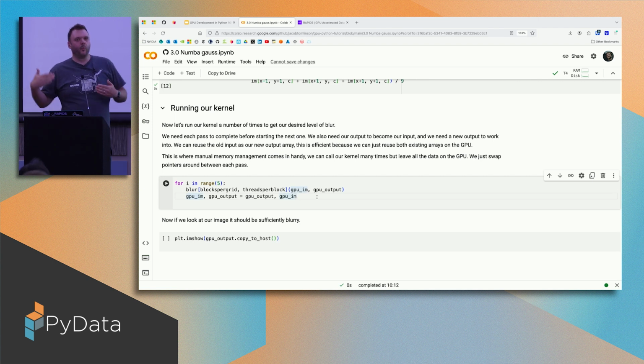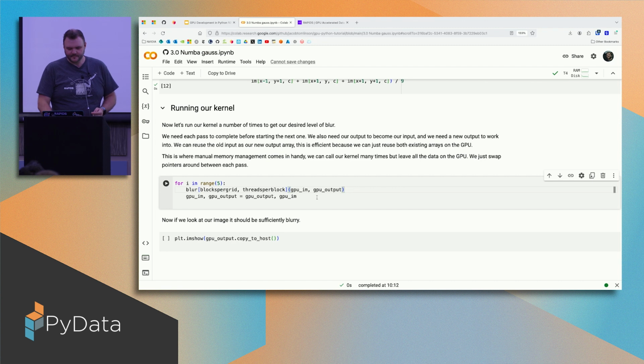Now this does kind of one level of blur. It just goes through, calculates this average. We might then want to blur it more deeply, so I'm just going to do a Python for loop to calculate my blur multiple times, to get a slightly deeper blur. And I did this partly to talk about the value of copying the data to the GPU and then doing stuff. I've put this data on the GPU. I'm now going to blur 5 times or 100 times or 1,000 times. I don't want that memory flying back and forth with the automatic memory management. I want this to just stay on the GPU while I completely implement my blur,